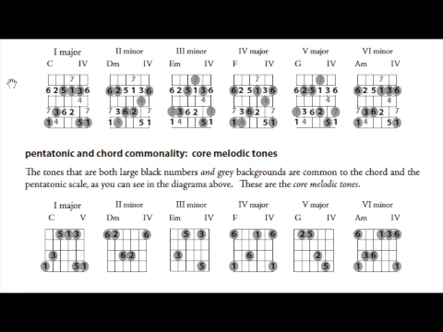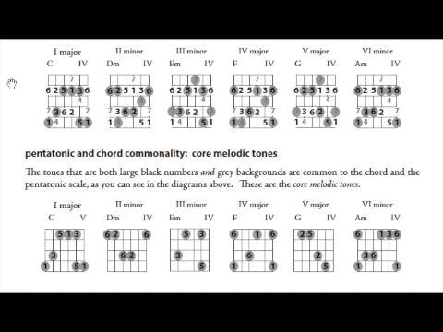Then we have the arpeggio subsets. The third thing, there's 4 things. The third thing is the arpeggio subsets. On each diagram, it's simply the notes that have gray backgrounds. So C major, you see at the top, it's 1 major on the C major scale. The chord built in the 1st step with 3 notes is